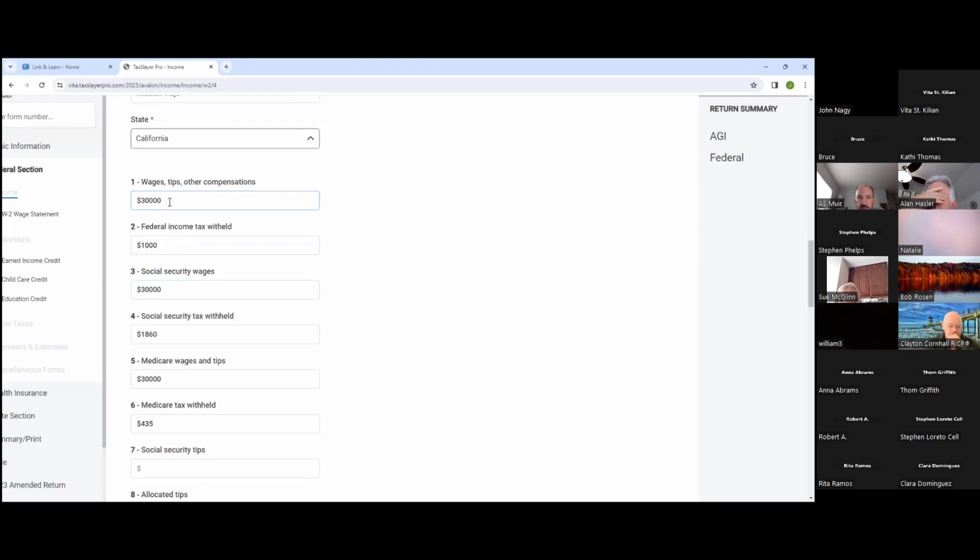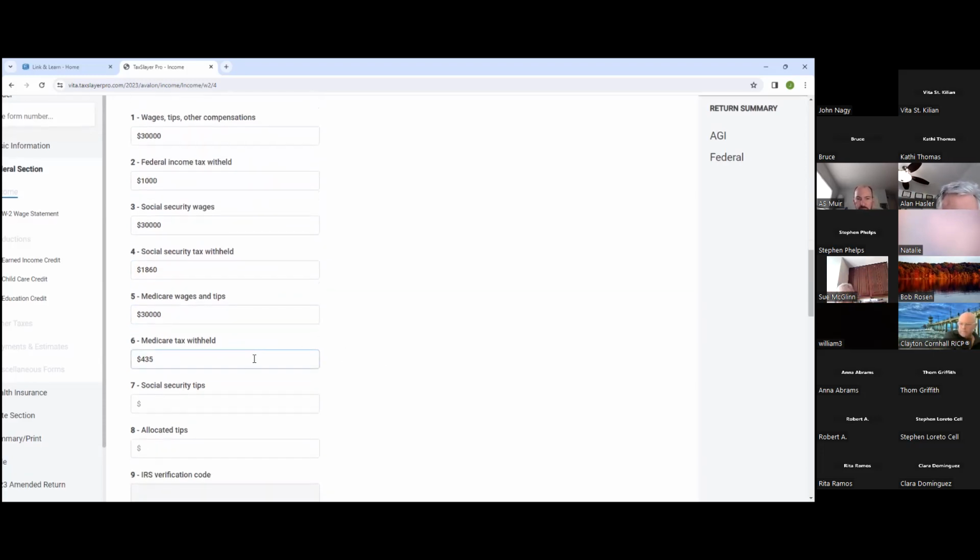And when you see the $30,000 in box 1, 3, and 5, that tells me there's no contributions to a tax-deferred savings plan like a 401k. Your Social Security, like I mentioned, a lot of people pay into Social Security, but not everybody. And in this case, she does, which is 6.2% of her gross wages. And then her Medicare is 1.45%. That's auto-populated. And if for some strange reason the auto-population is incorrect, meaning the W-2 shows $434, you just make the change. That's all you need to do, and the software will accept the change.